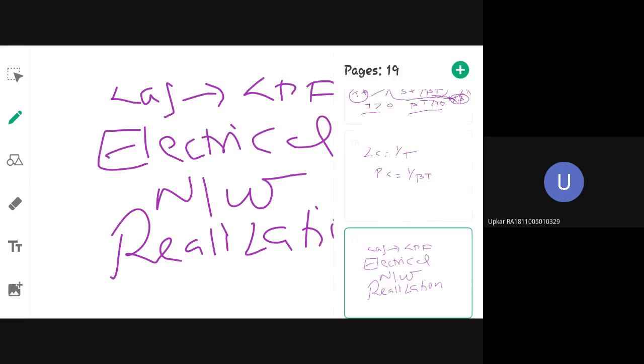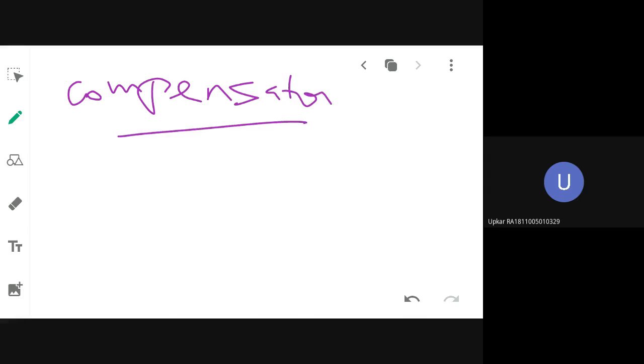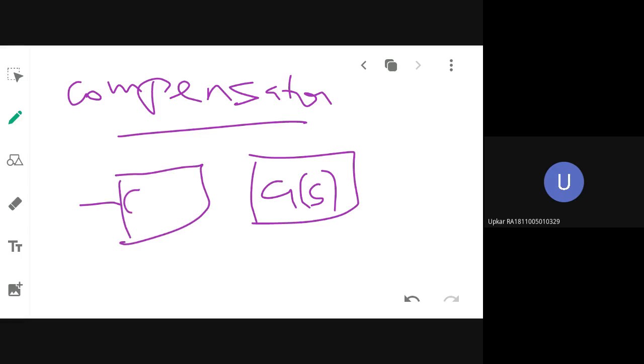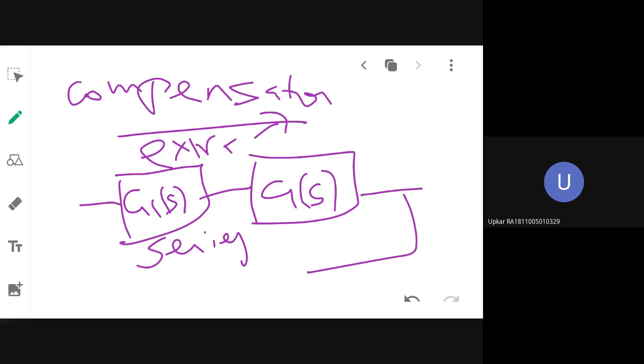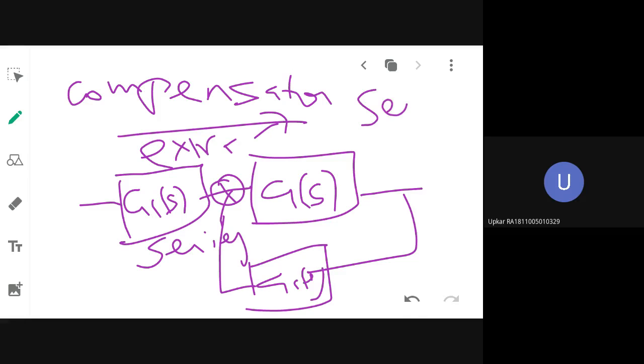Okay, and the final summary I am giving you again. Now we are discussing the compensator. A compensator is nothing but an extra element added into the existing system. Let us consider this is an existing system. To the existing system, you will be adding an extra element. In the form of a compensator, you will add it either in series form or in feedback. Accordingly, you will have series or feedback compensation.